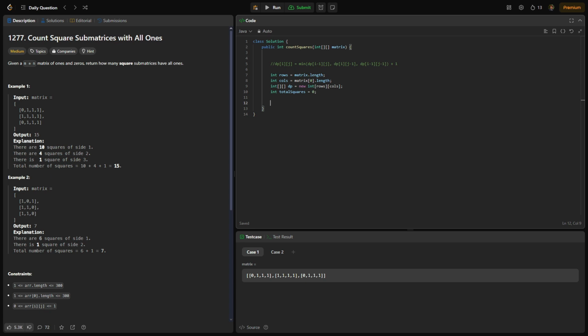So let's populate our dynamic programming table, and we'll do this by iterating through each cell in our matrix and updating the largest square size possible at each position. So this is going to be a nested for loop, and one loop is going to go through the rows, one loop is going to go through the columns, and if whatever position we're at, say we're at this position, if it's a 1, then